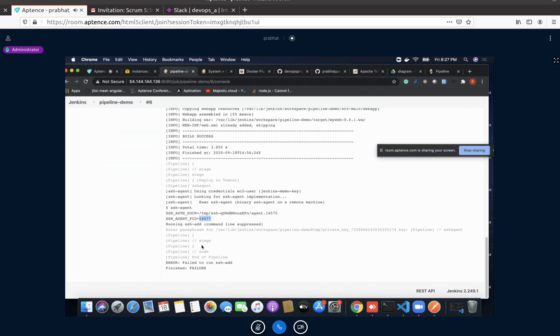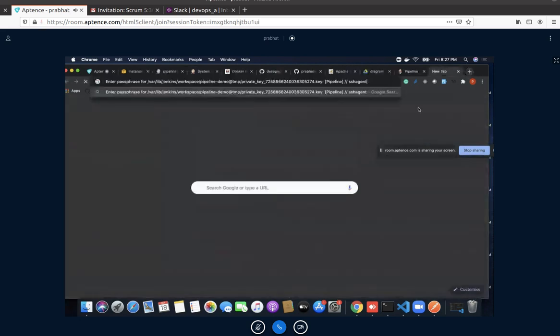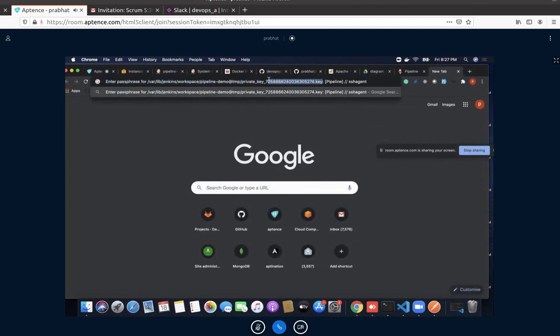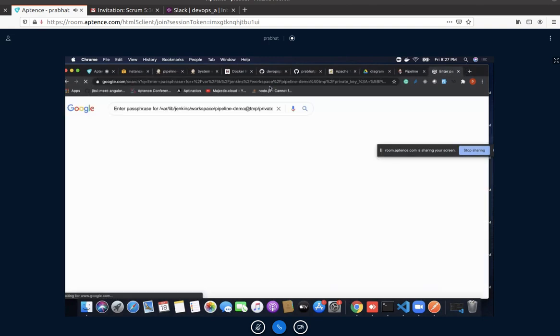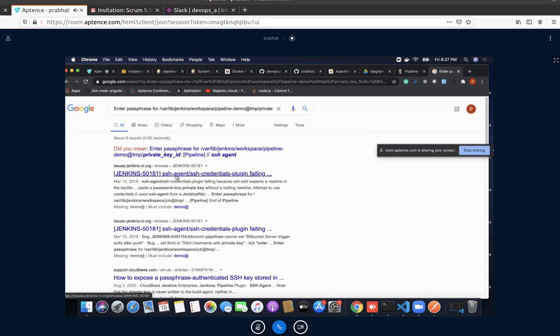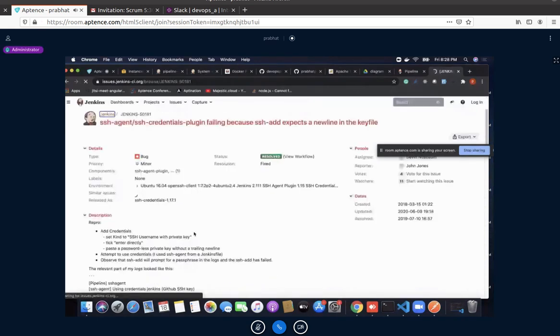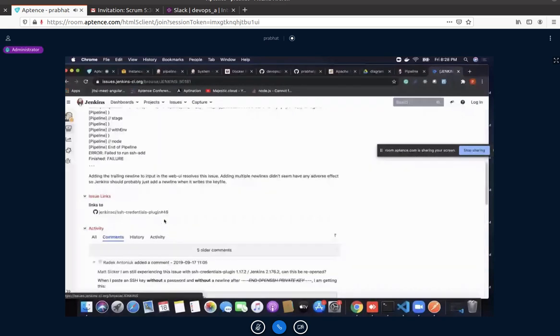Command line suppress enter passphrase for the key. A lot of guys have faced this problem. The similar problem is facing right now.